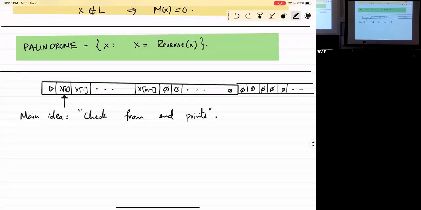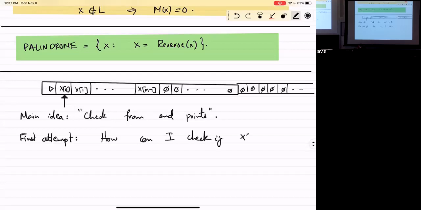How can I instruct the Turing machine to do that? Any suggestions? Right, so let's say first attempt: how can I check if x0 equals xn minus 1?